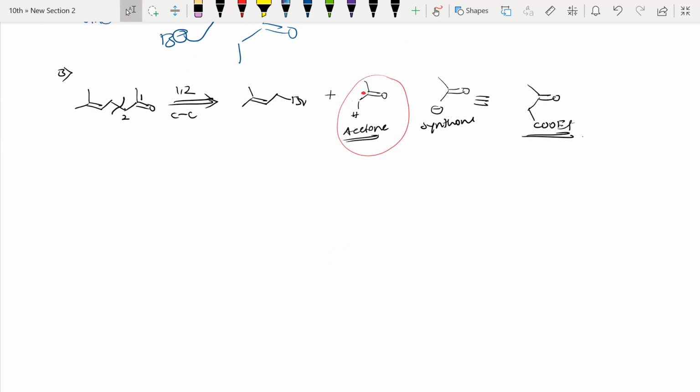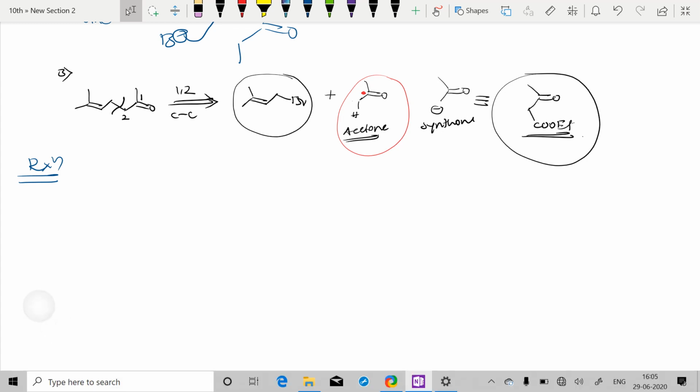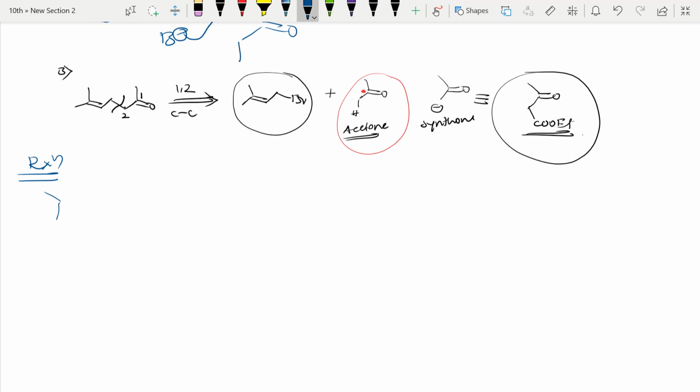So our equivalent reagents are this one and this one, I have told. If I write the reaction, you will get to know how I'll eliminate that COOEt. So first, I will take the same thing, CH2Br is there, right? And here my equivalent reagent is, instead of taking acetone, I have taken this one.